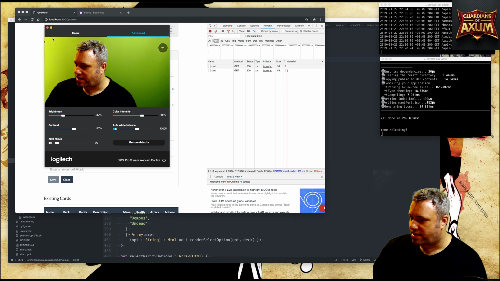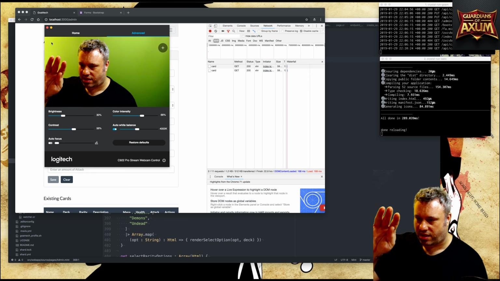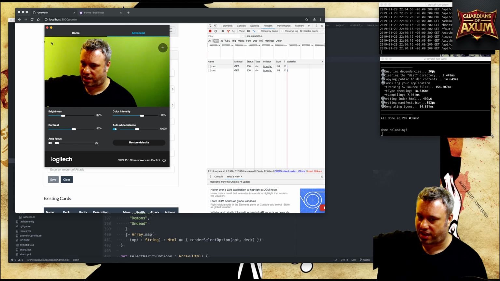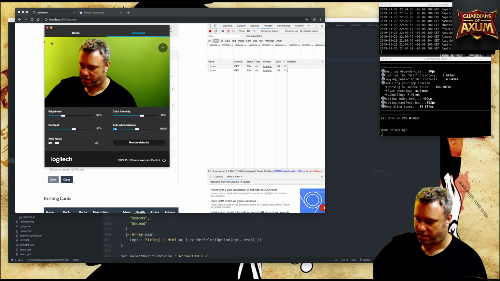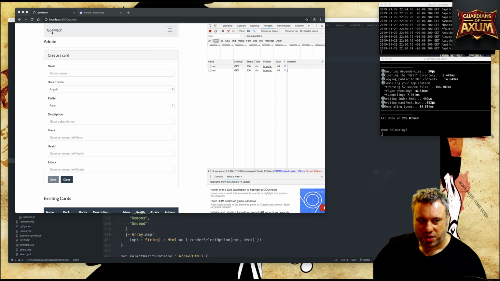But in this light, I can see that it's the top left, this bit up here, where it's too light. I think it's probably because I have a light shining down from this angle, and on this far side I haven't really got anything. But sorry about the poor lighting. I'll try and fix it for the next time, and